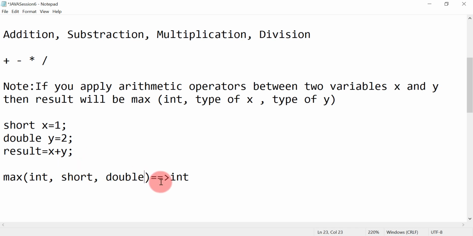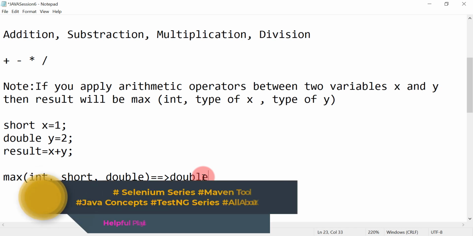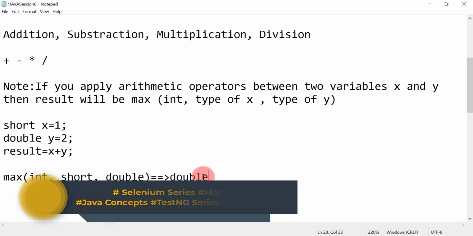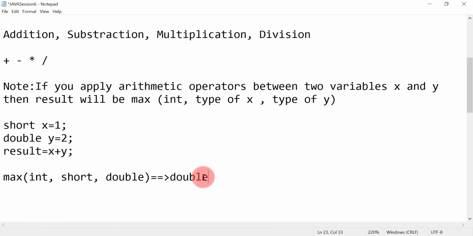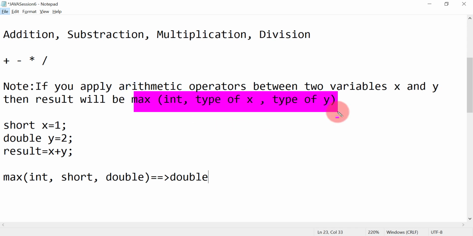That is double, right? Double is the data type which is max among integer, short, and double. So the result will be of type double. Okay, this is how you need to remember this point. Very important. When you perform any arithmetic operation between two variables, the result type will be the max of integer comma type of x and type of y. Okay, so this rule you need to remember.